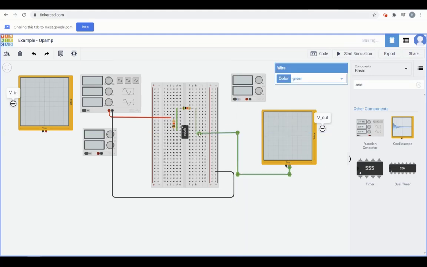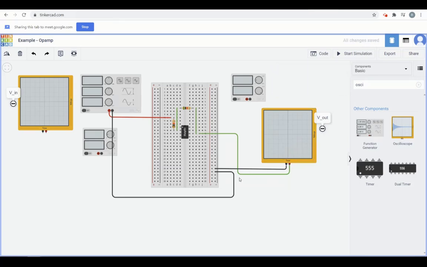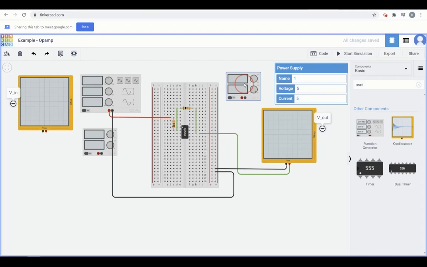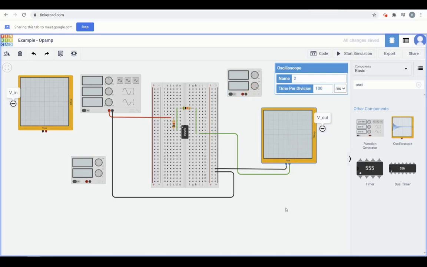That is this. Yeah, this is V out. And the other one, I'll take to ground. Note that I'm just assuming this is the ground terminal. I have not made it ground yet. When I connect these supply voltages, that is when I actually make it ground. So this is going to show my output.